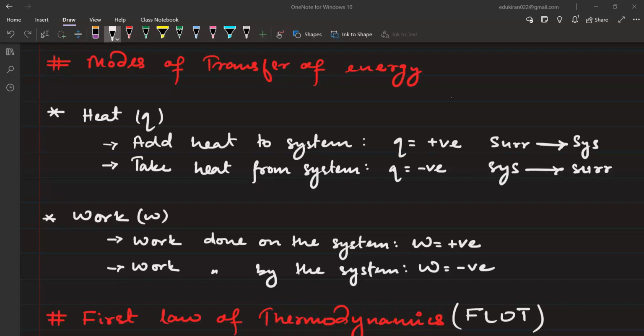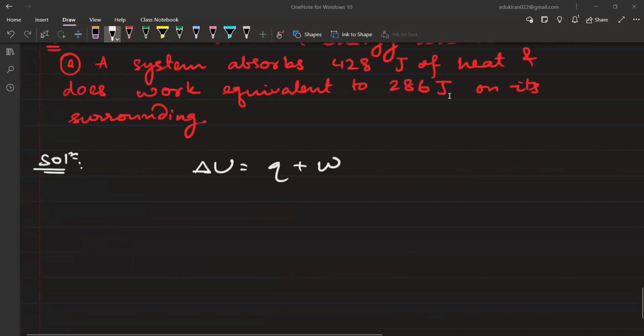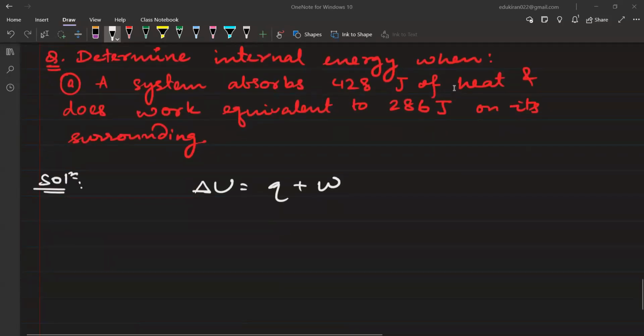नेगेटिव वर्क कब होता है? जब सिस्टम क्या कर रहा हो, हु इज डूइंग द वर्क? सिस्टम इज डूइंग द वर्क, तो नेगेटिव होगा। ठीक है ना? देखिए बहुत आसान सी चीज है गाइस, ऑल ऑफ यू प्लीज ट्राई टू अंडरस्टैंड इट। चाहे आप सिस्टम से हीट ले रहे हो, चाहे आप सिस्टम से कोई काम करवा रहे हो, तो सिस्टम की एनर्जी घटेगी। If the energy of system is decreasing, obviously it is going to be negative.